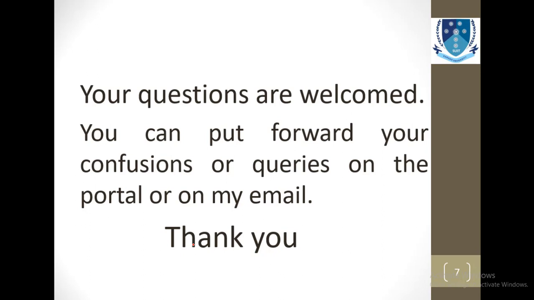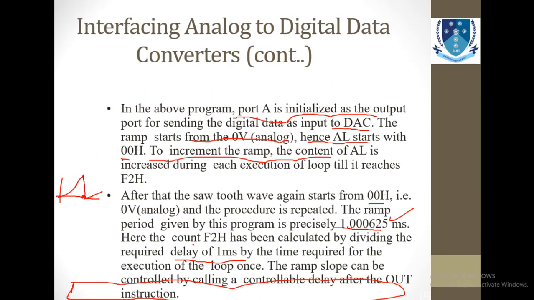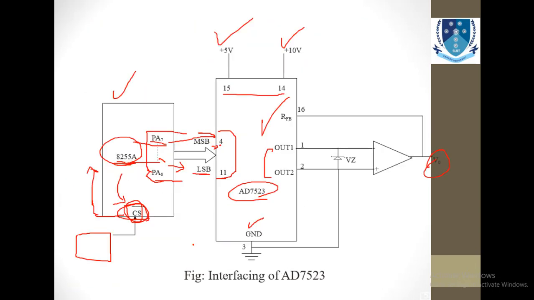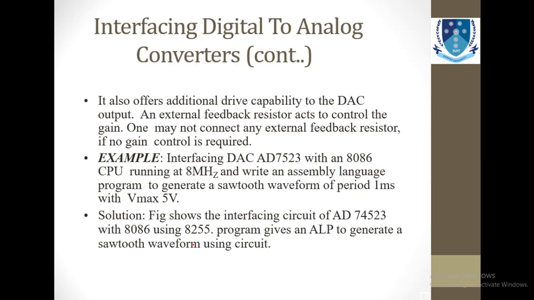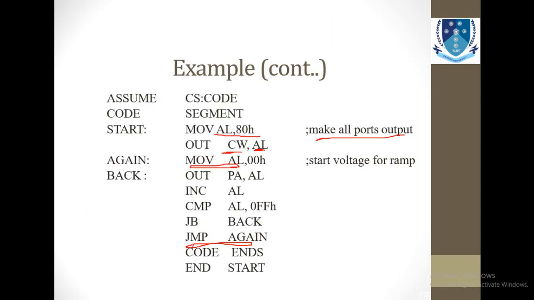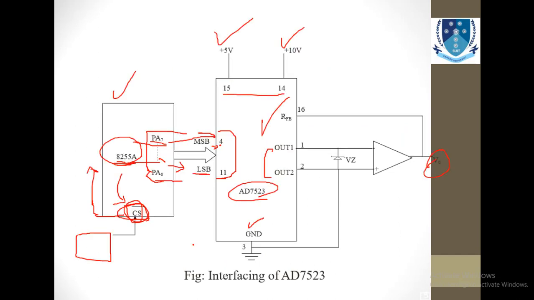This is just for a learning purpose, and for the exam purpose, these two ICs will be there for your exam. One is DAC 808, and the second one is 7523. But these are not the only ICs. There are many more ICs in DAC, so that you will have a great idea about the overall perception of this process of conversion, and how you can interface this DAC converter with the 8086 microprocessor. Not only 8086, but you can also use these ICs with the 8088, 8085 and different other processors if you want to do that also.